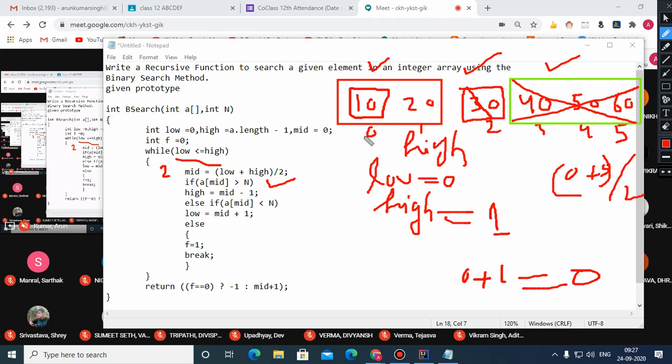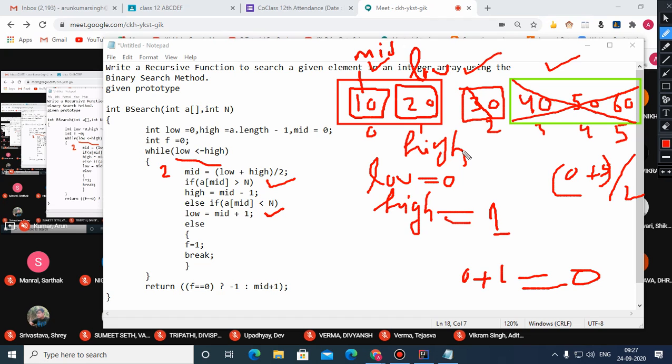There is no left segment, but there is only one element in the upper segment, this one. And the element which we are searching is more than this element at the middle, because this 10 at present is at middle. So low becomes middle plus 1, so low also reaches here at 20. And next time when you try to find out the middle, which is 1 plus 1 by 2, which is 1. So element found at the middle.